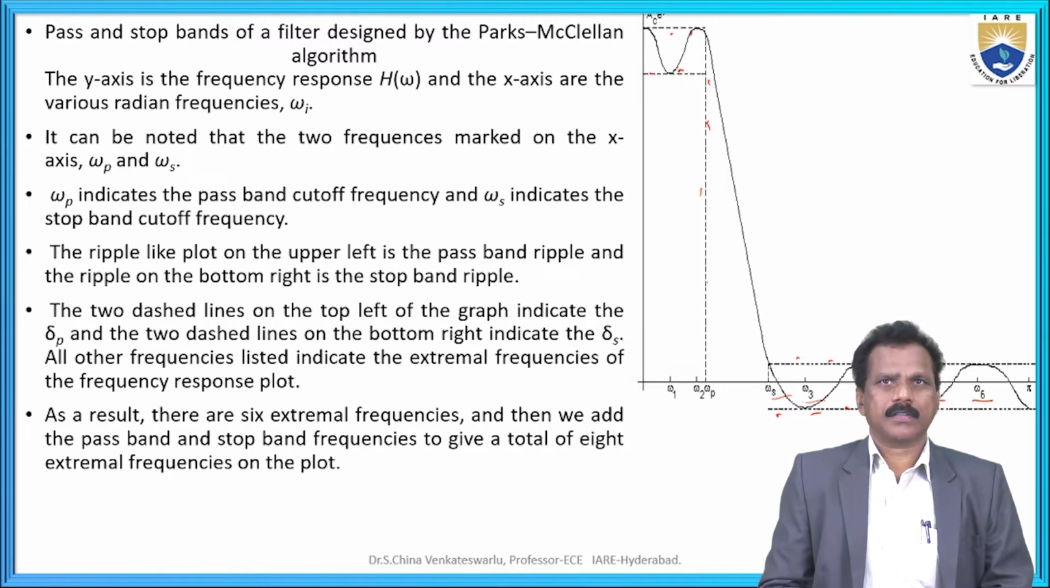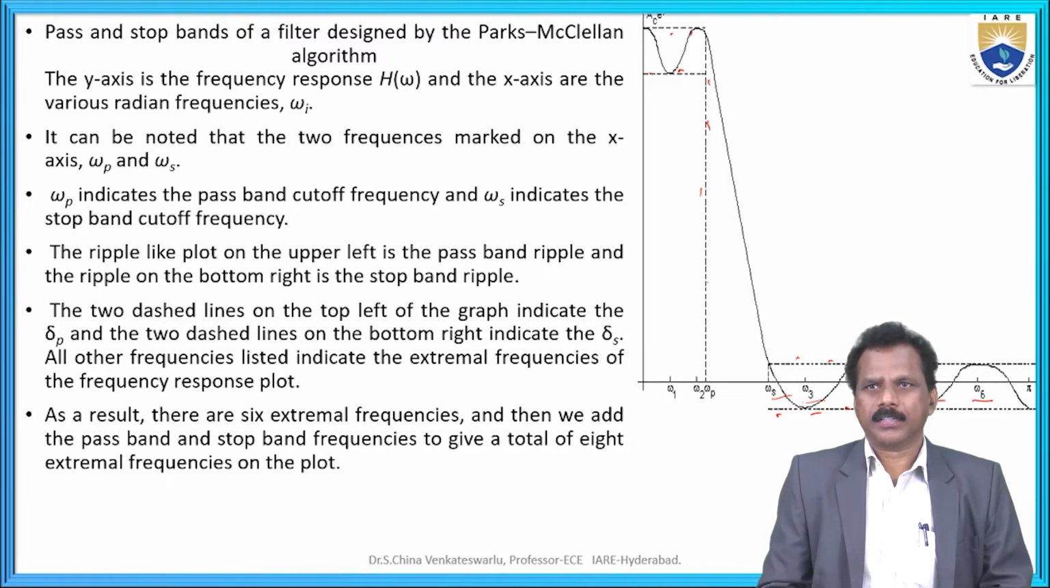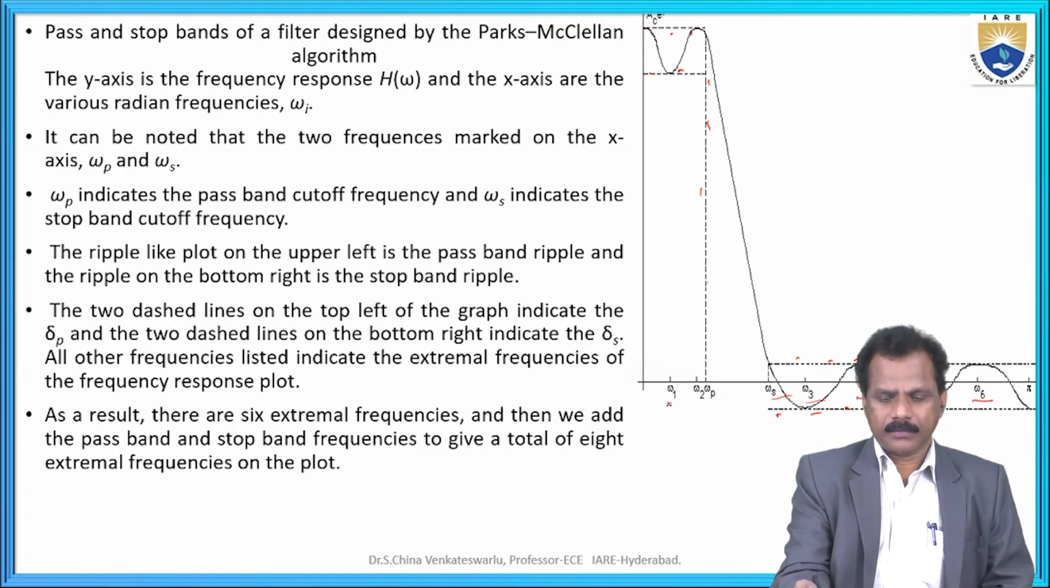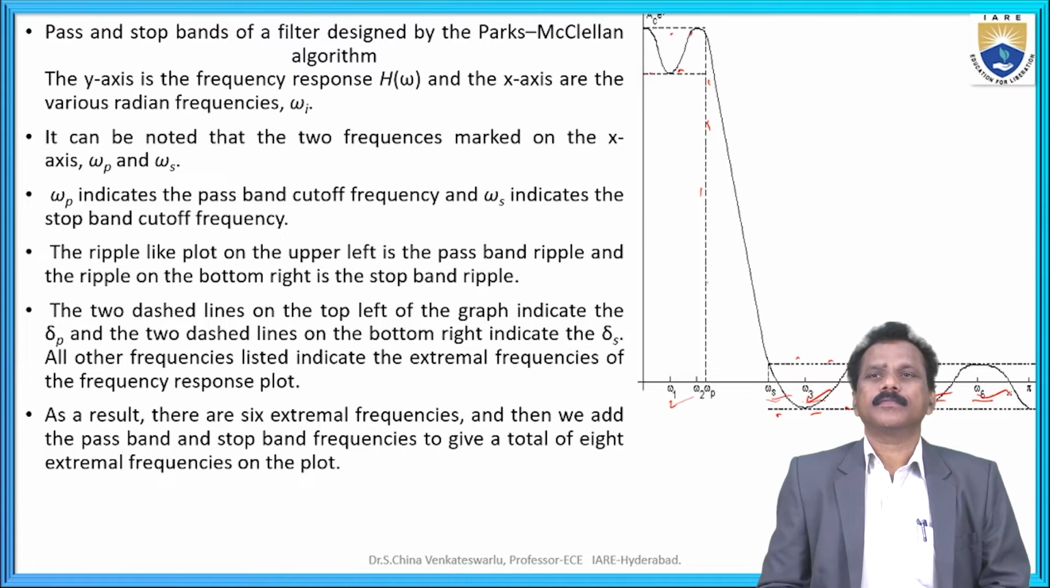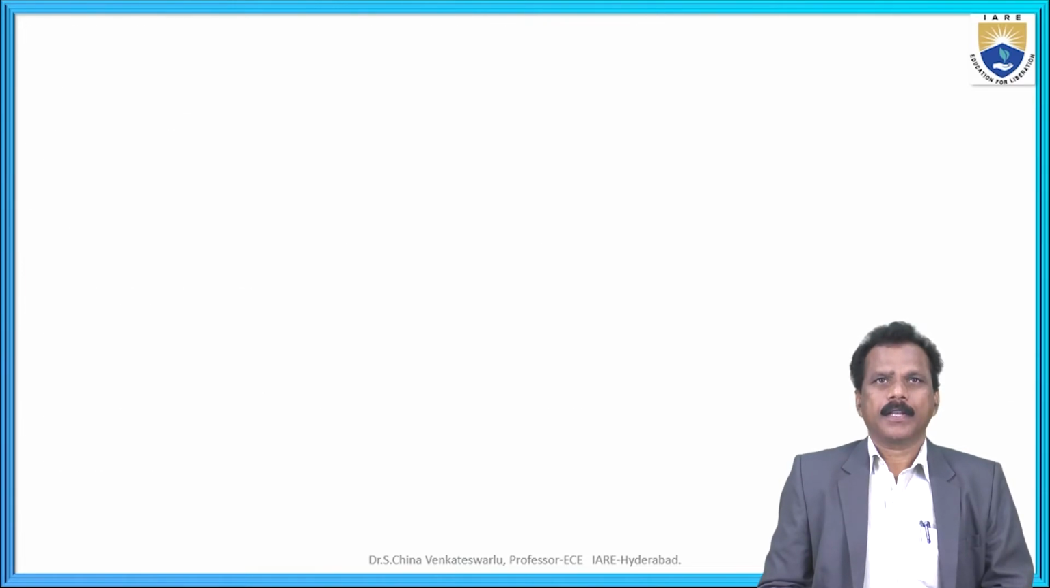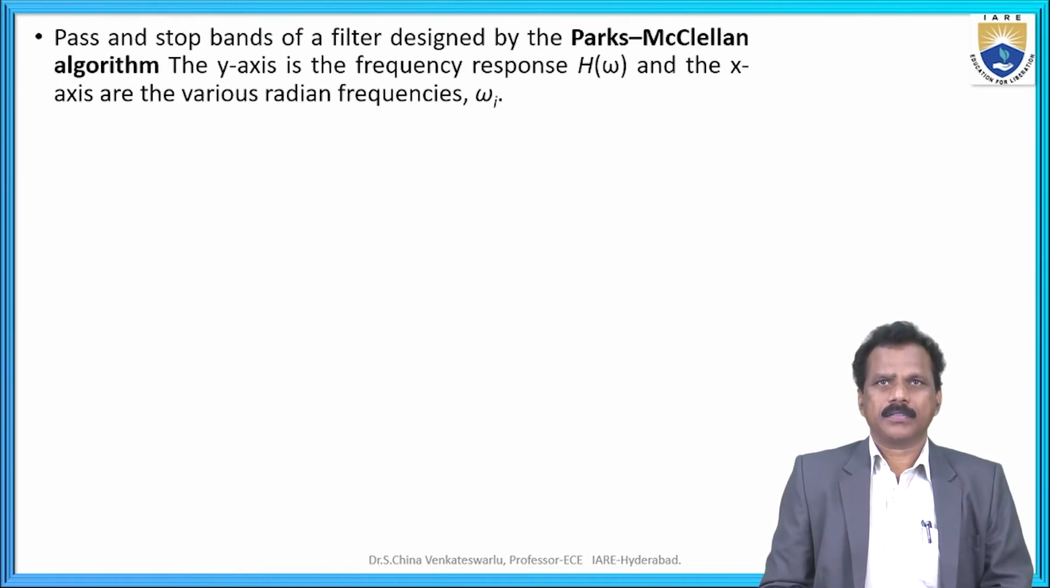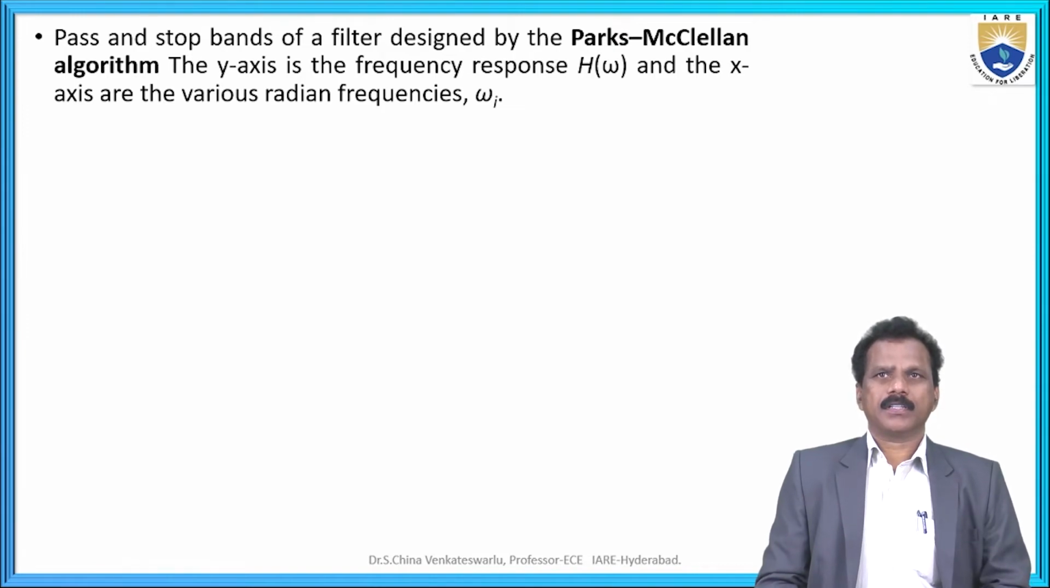The y-axis is the frequency response H of omega, and the x-axis are the various radian frequencies omega i, where i is substituted as 1, 2, 3, and so on, here 3, 4, 5, 6. Like this, passband and stop bands of a filter designed by the